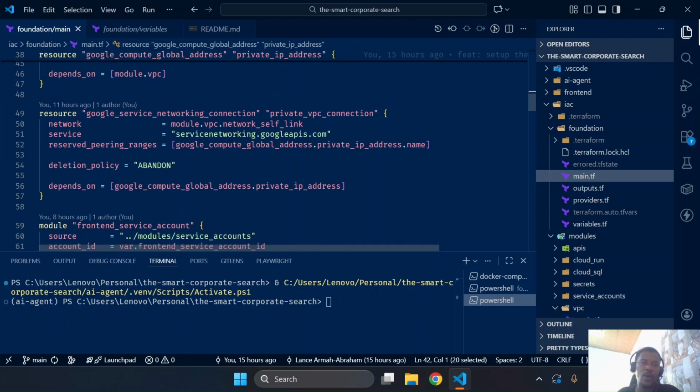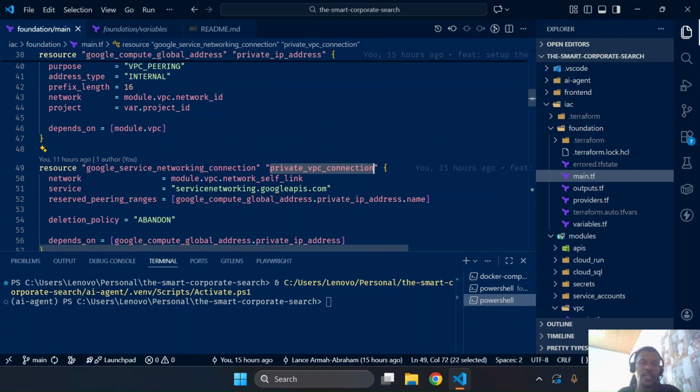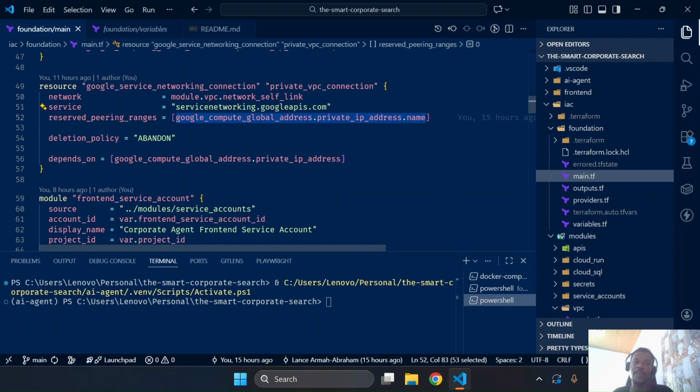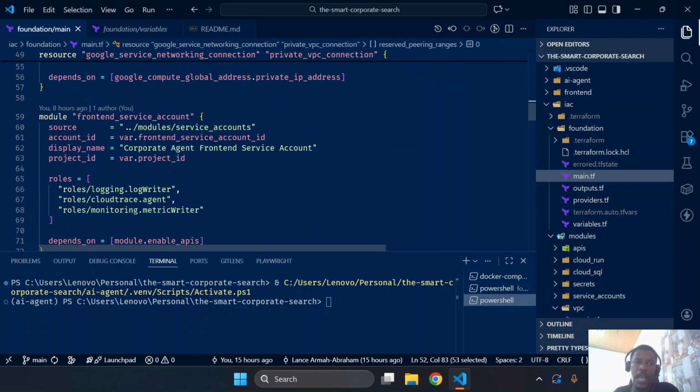And then we go ahead to create a private VPC connection, which will be between the VPC that we created and the new private address that we created. This allows us to create a private service connection. Because of this, the Cloud SQL should then be able to connect to the subnet, which we will show in a bit once we look at the Cloud SQL, and then it can be able to